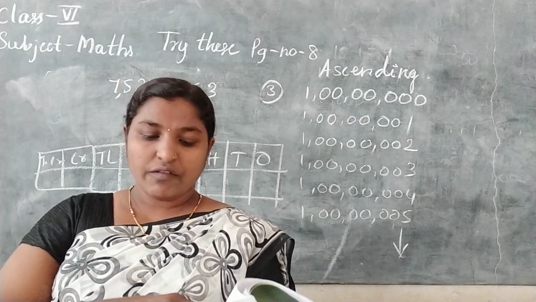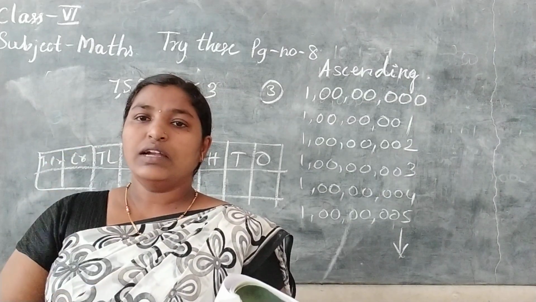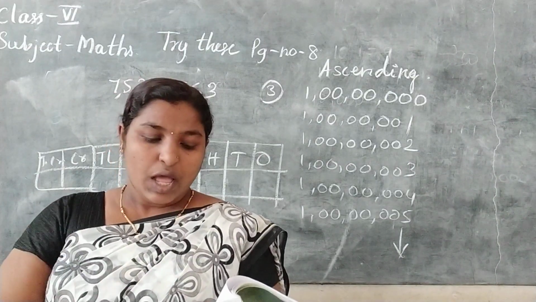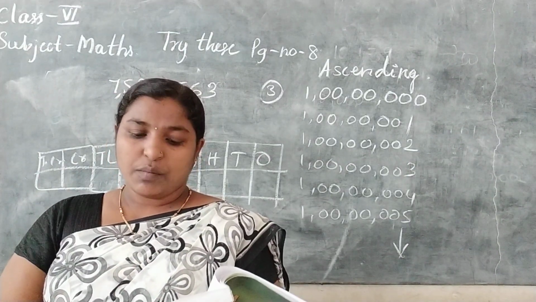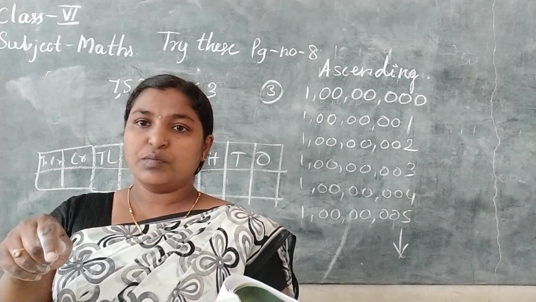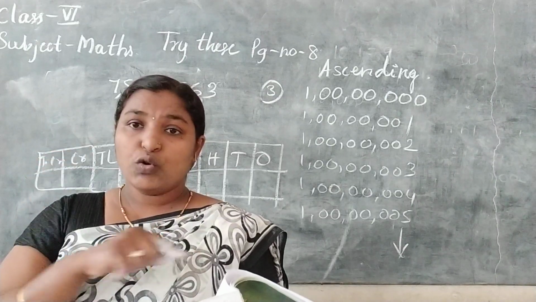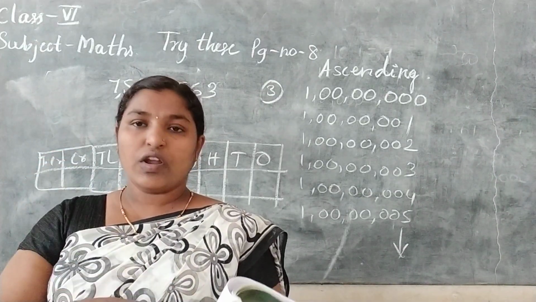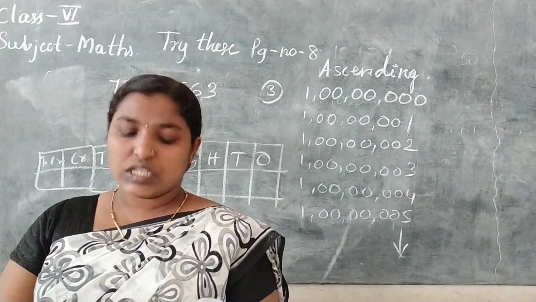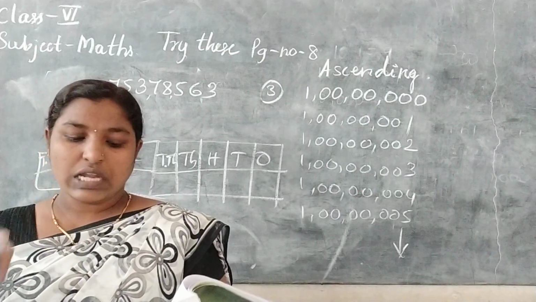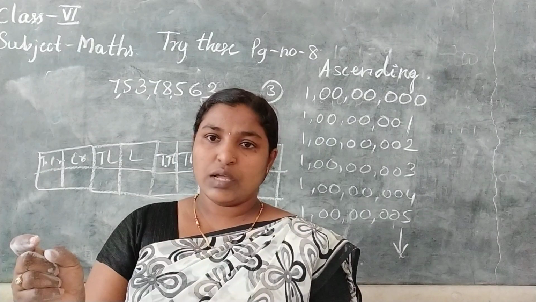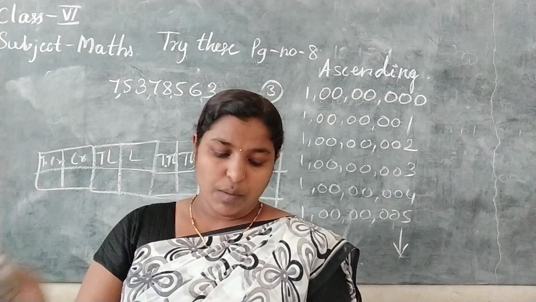Which is the smallest number? Among the numbers they have given, you should write which is the smallest. That is question A. B, which is the greatest number? You put commas, write in placement boxes, and do the expanded form, and then you go for A and B. Now you will get the answers, which is the smallest and which is the biggest. Arrange these numbers in ascending and descending order. According to the biggest and smallest number you can do this.